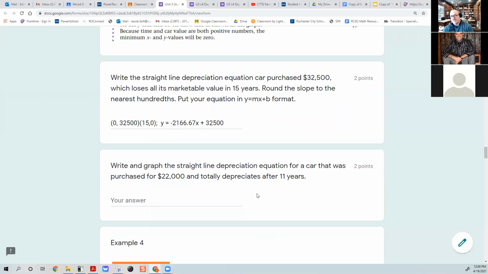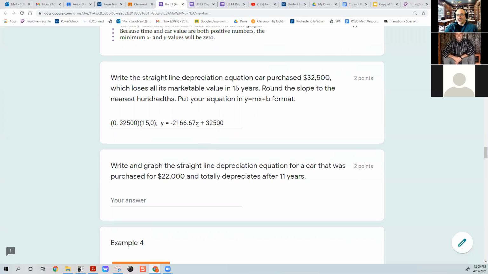I might ask you sometimes to interpret the slope in context. You would say, for each additional year, that's what X is, it's time measured in years, for each additional year, the value of the car will go down $2,166.67. And if I asked you to interpret the y-intercept, you would say,